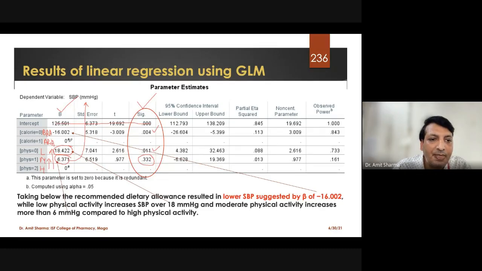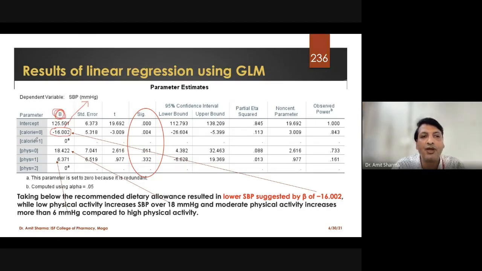At the same time, if I am taking a high calorie diet and I change to the diet recommended by the physician, how much is my blood pressure going to be affected? It is going to reduce because I have got a value in minus. It is going to reduce by 16.00 mmHg. So this beta value is very important whenever you write a research paper.